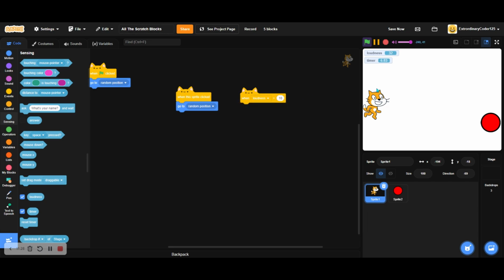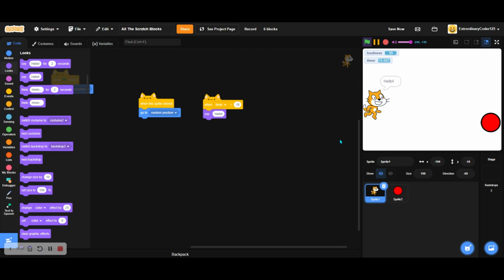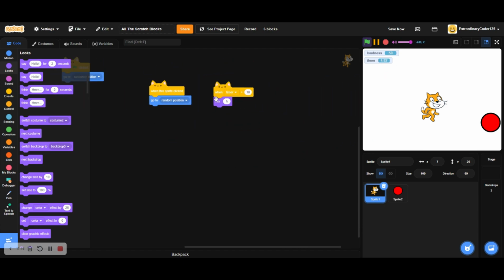And I could also do loudness. When loudness is greater than 10, it will perform this thing. So it will say hello once the loudness is greater than 10. And then when the timer is greater than 10, it will say hello again. Or I could just put H. Like for example, if I click this, and then once the timer is greater than 10, then it will say